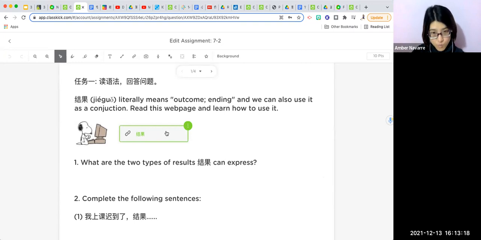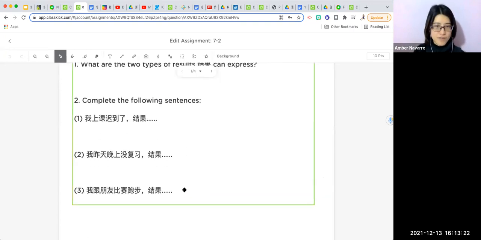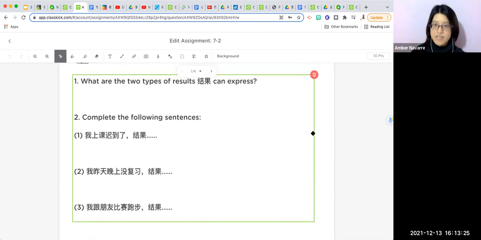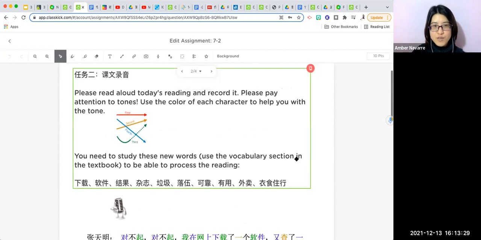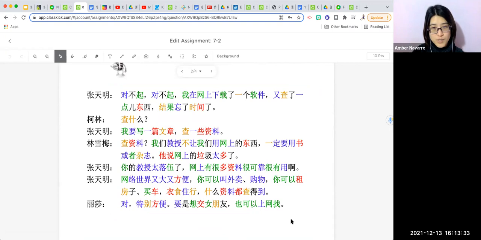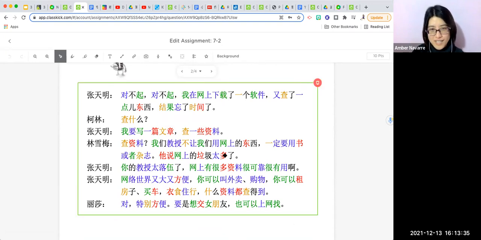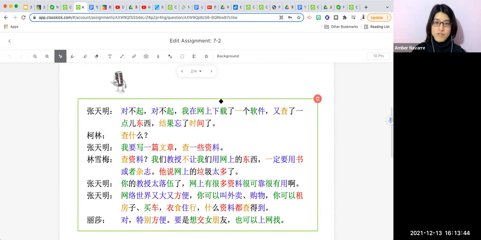Right? So I have them watch a video and write 3 quick sentences to let me know if they understood what they have learned. And then I have them do pre-reading. For pre-reading, I do 1 recording because for Chinese, the tones are especially important. So I have color-coded lesson text for them to read, paying attention to the tones, and they record, and I will give them pronunciation feedback for this one, and to make sure they read the text before they come to